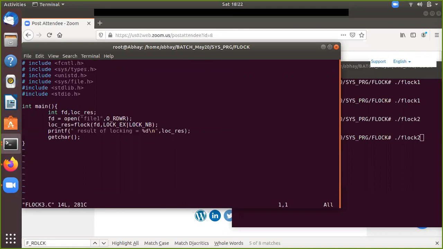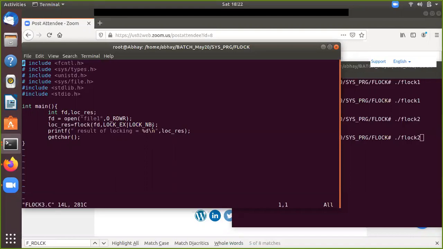Two things here we have used. Okay. So this is the third one where we are ORing with LOCK_NB. LOCK_NB is another flag, and this is what is going to say that it is a non-blocking request.